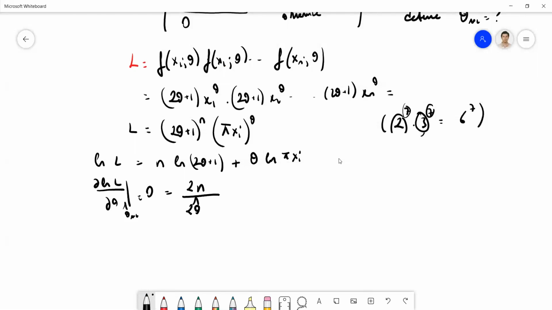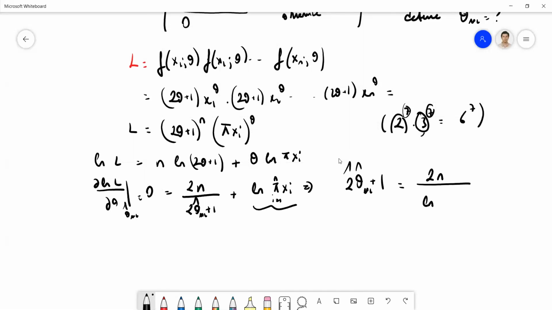And 2 theta maximum likelihood plus 1 seems okay, and this one is going to be ln of the product of xi. All right. Then what we do here is we put this to the other side and this one to the other side. So 2 theta maximum likelihood plus 1 is going to be equal to 2n